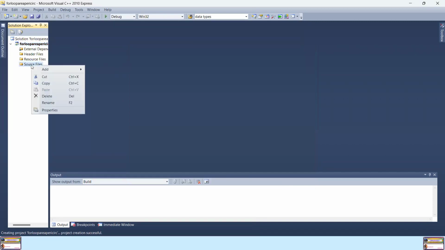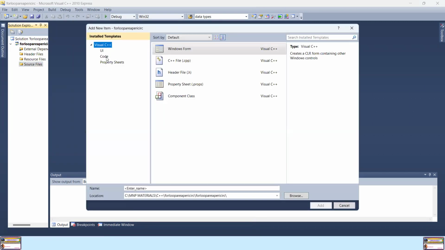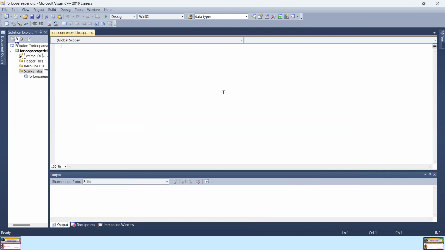On this screen, I'll right click on source files, click new and then new item, choose source code, click C++ file, and the file name I call it for loop area of circle.